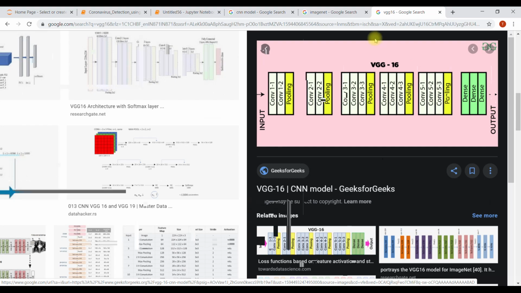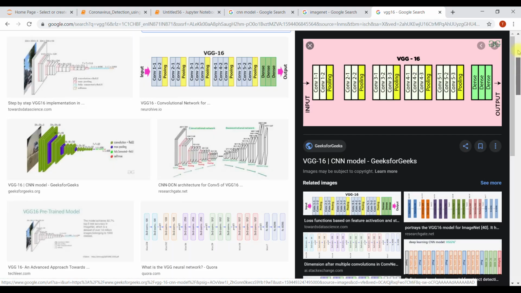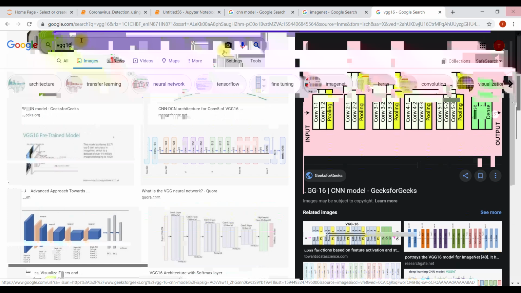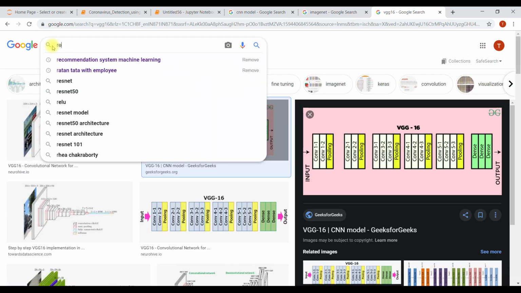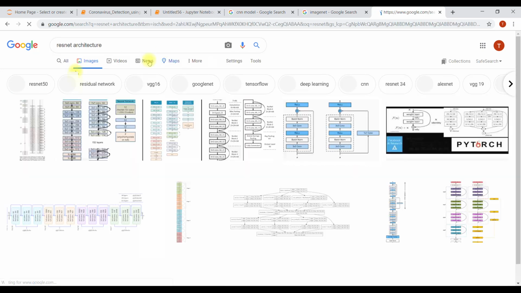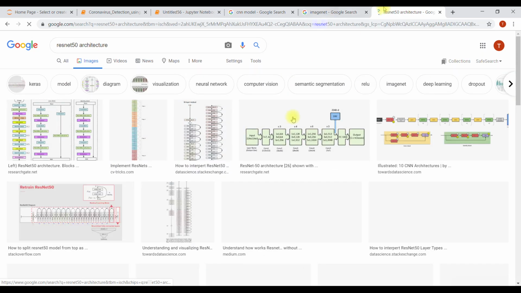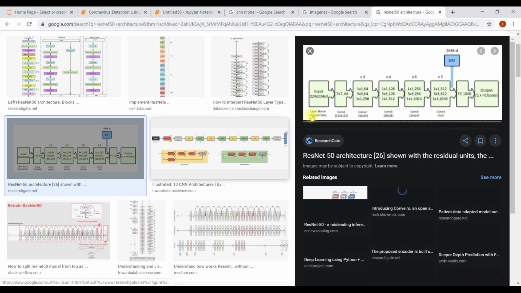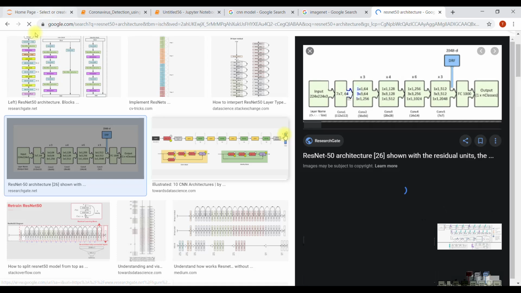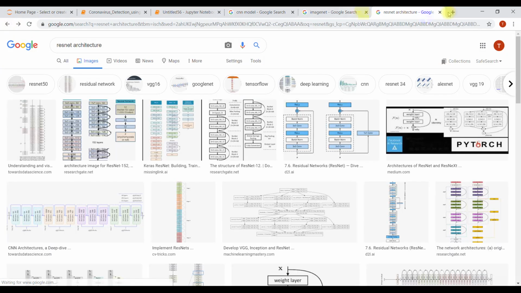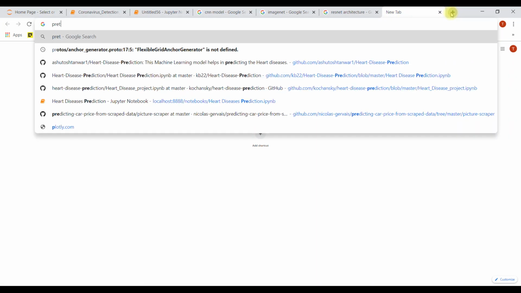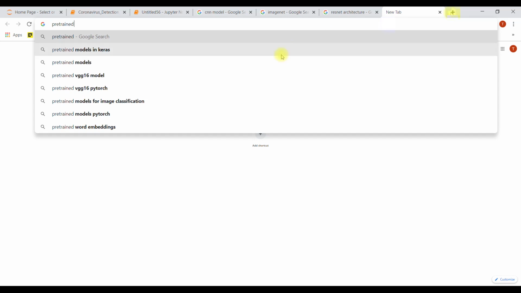This is a pre-trained model, and you can have any model, like the ResNet architecture, ResNet 50. This is also a pre-trained model. You can have VGG19. These are the pre-trained models in Keras.